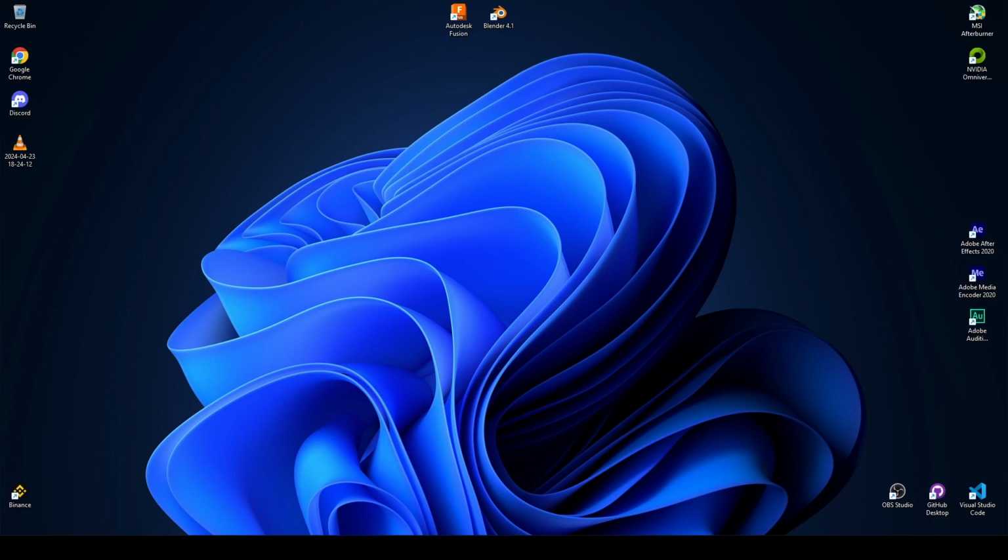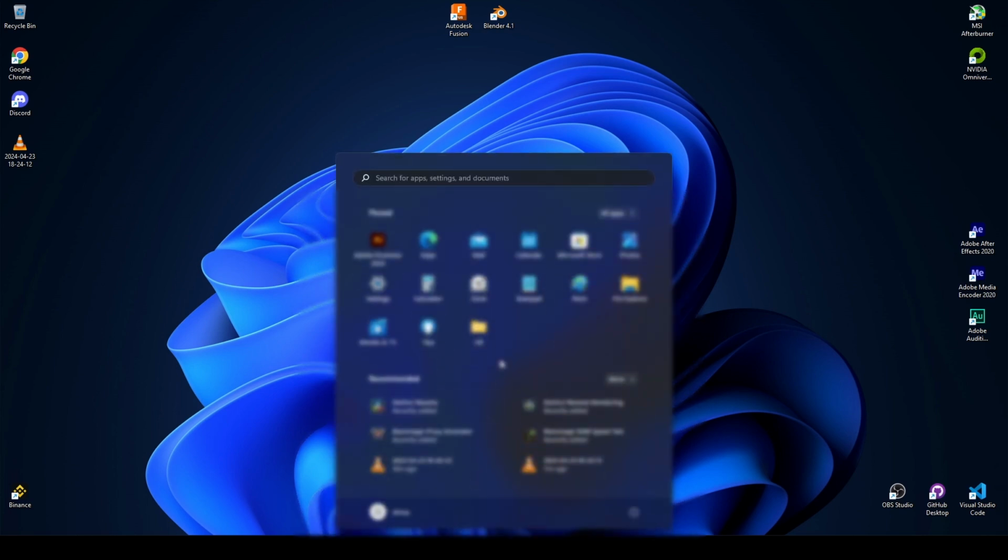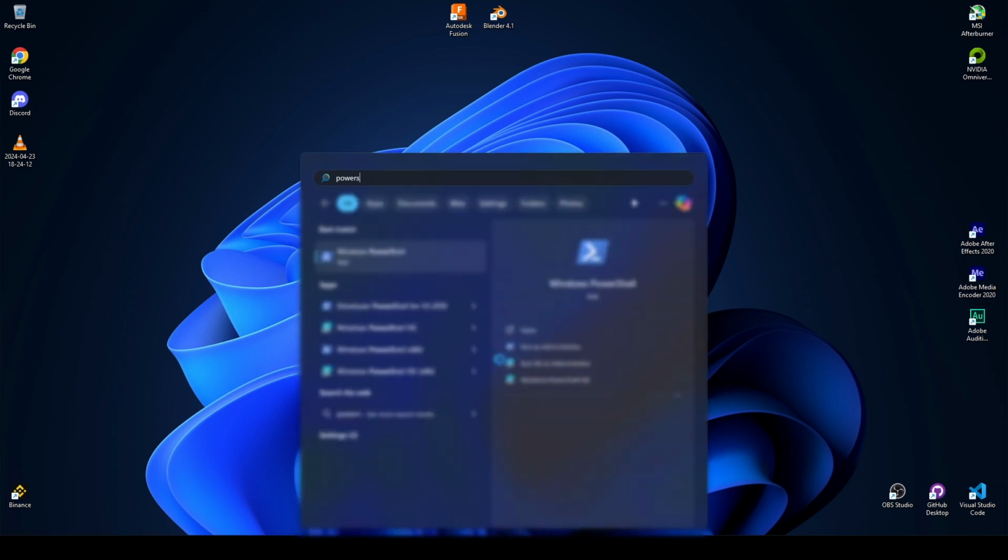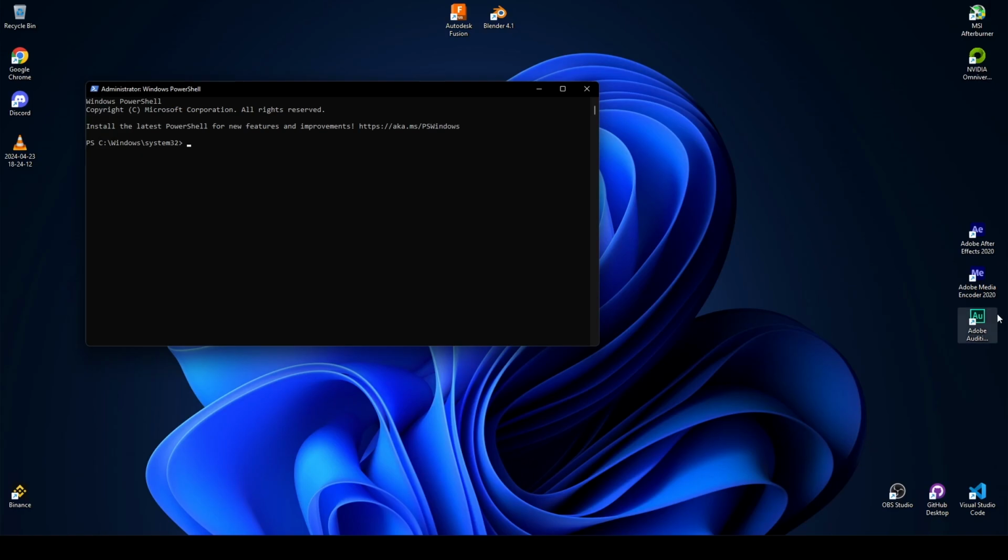Before we install JupyterLab or JupyterHub, we need to enable the Windows Subsystem for Linux. I just copy and paste this command into PowerShell. Open PowerShell, run as administrator and click yes, and then paste our command to enable the Windows Subsystem for Linux.